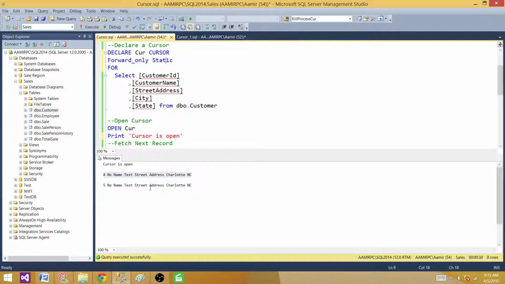So this is a scenario where you want to use this cursor if you do not care about the updated or inserted or deleted records, and let's say you want to send an email at 10 p.m. and you are only interested in the records whatever is available at 10 p.m. So you get those records and put them in the memory, and even though updates, deletes, or inserts are happening in your original table, they will not be coming to the cursor, because it will just extract them, put them into memory, and then go ahead and perform the operation whatever you are doing in the cursor.